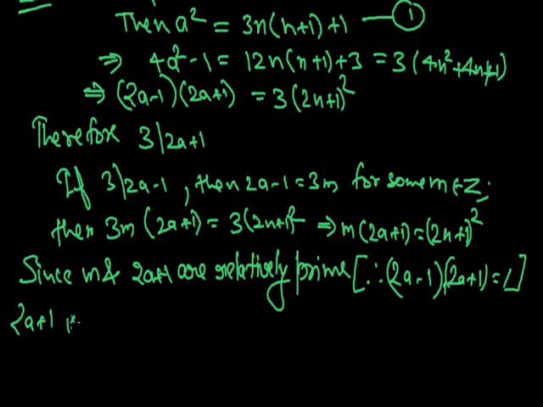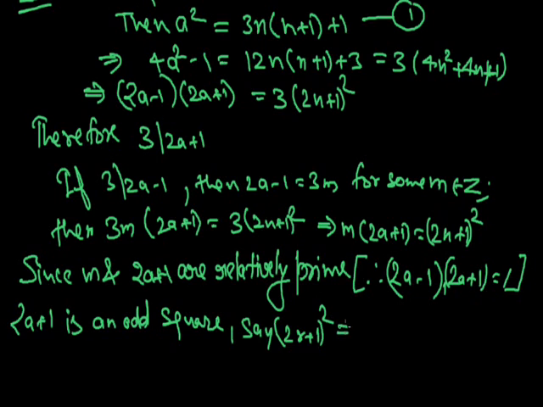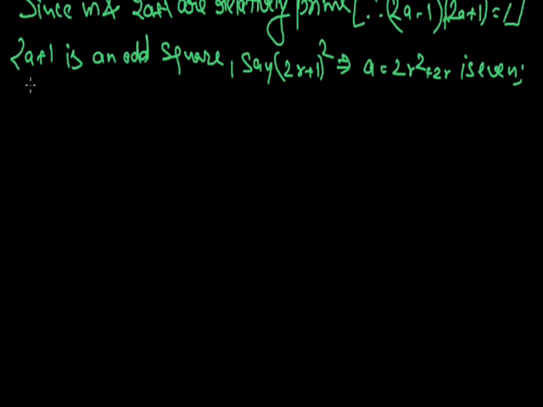From here we have 2a+1 is an odd square, say (2r+1)², then we can say that a is equal to 2r²+2r, which is even. That is a contradiction,